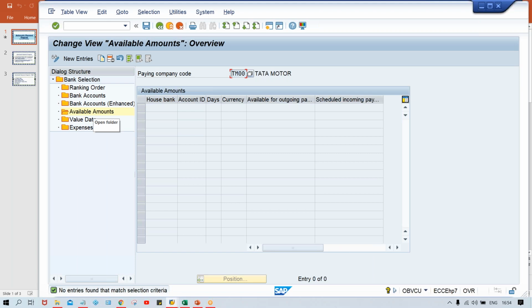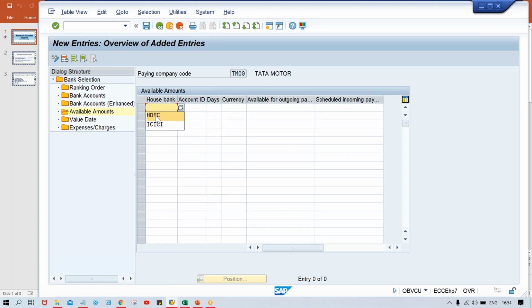So this available amount means, now what is happening here in available, I'll tell you. In available amount generally an amount limit is going to be given. So give your house bank, account ID, and days give 1, or you can give more also.